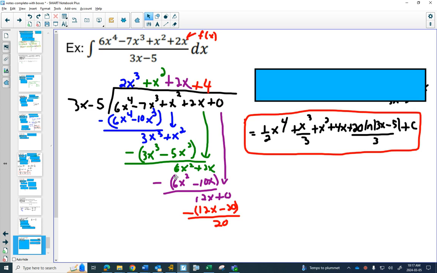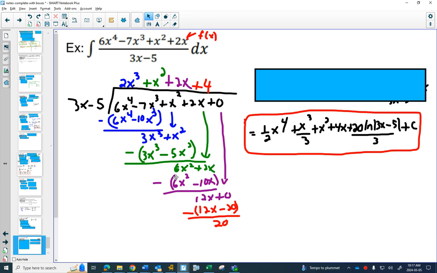Okay, long division looks like this. You put a 3x minus 5 out in front, right? What would multiply 3x to get 6x to the 4? A 2x cubed. Then you multiply 2x cubed by the 3x minus 5, giving you 6x^4 minus 10x cubed, and